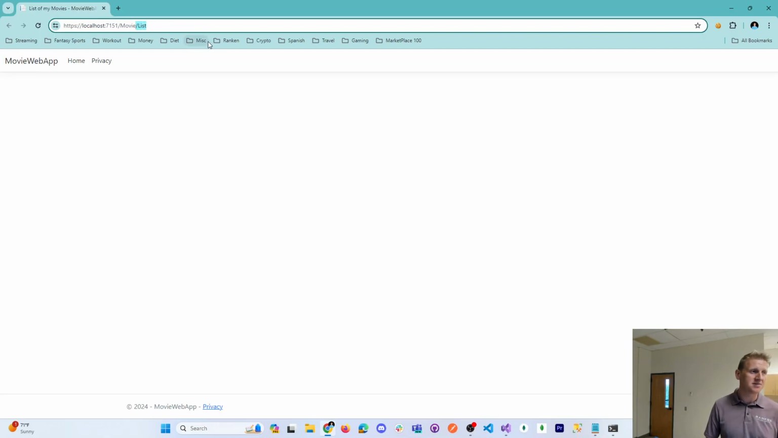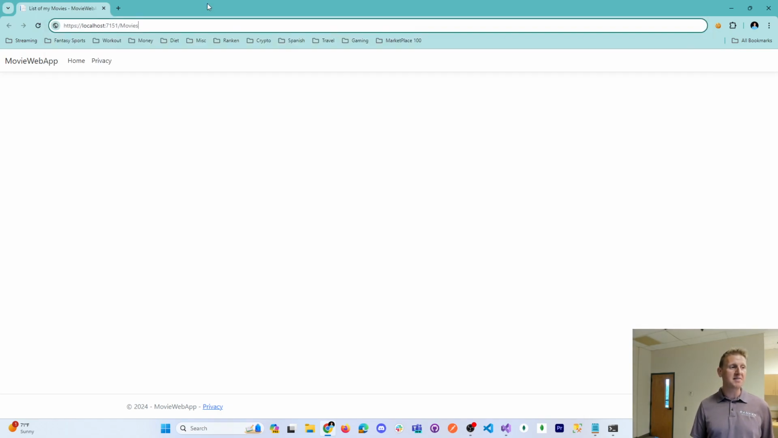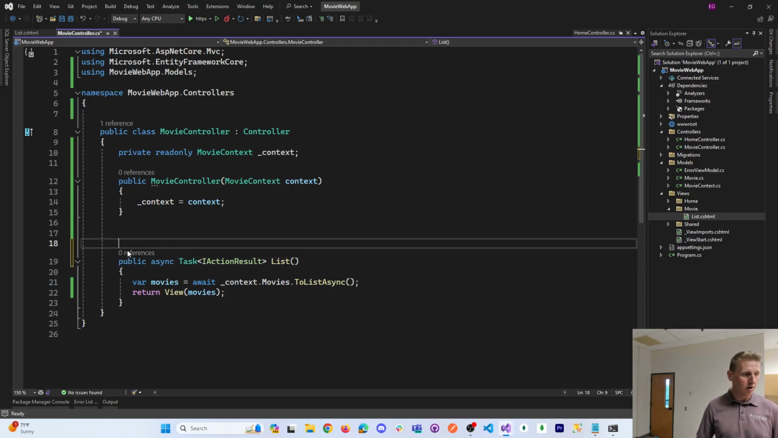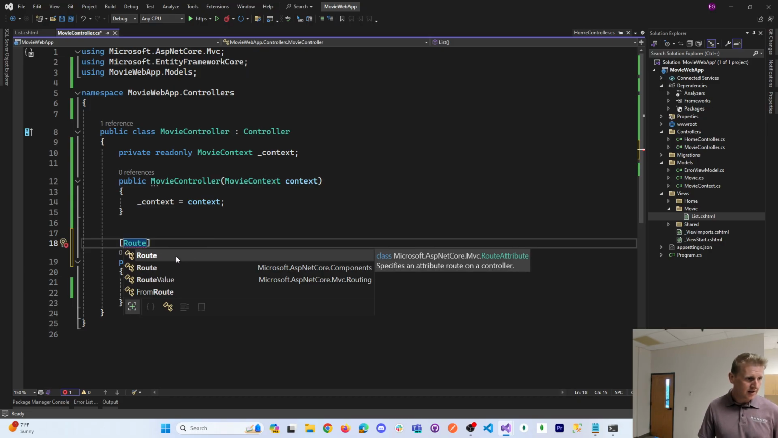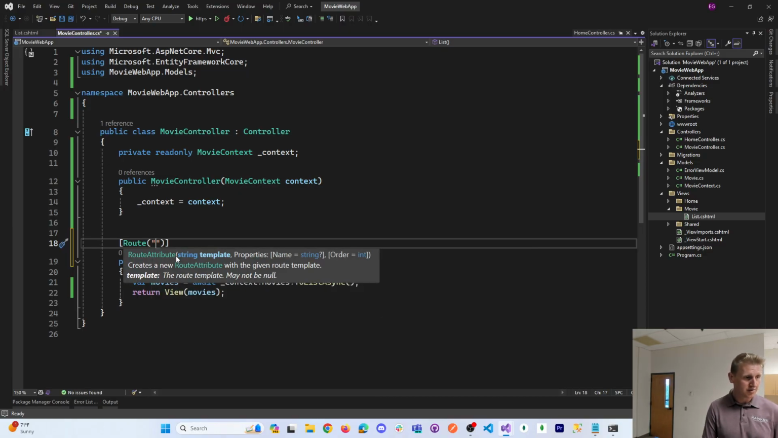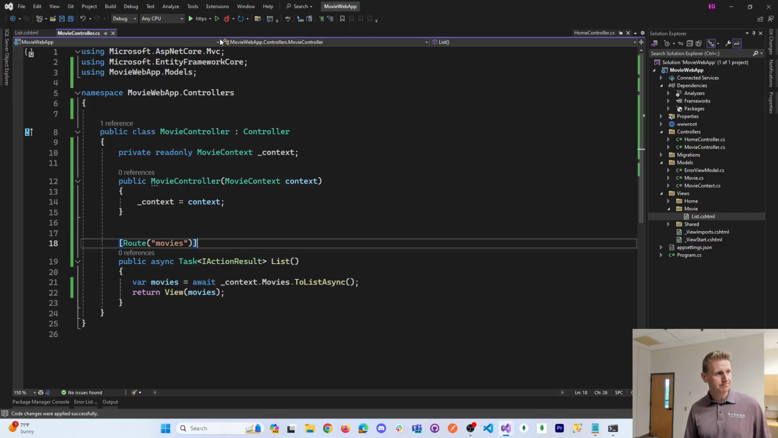Well, /movies would make you think of a movie list. We use the term movie list, but most people just say, these are my movies. And so /movies would be a more user-friendly way of putting that in a URL. The way that we're going to do that is by bringing in the route attribute and just saying movies. Now this is going to break some things, but